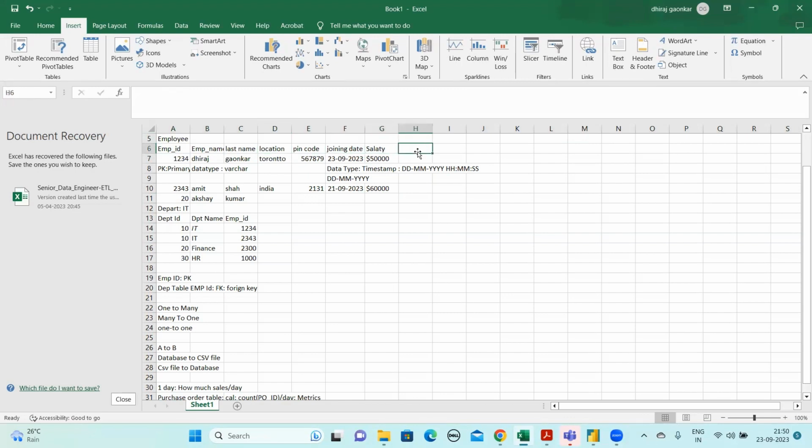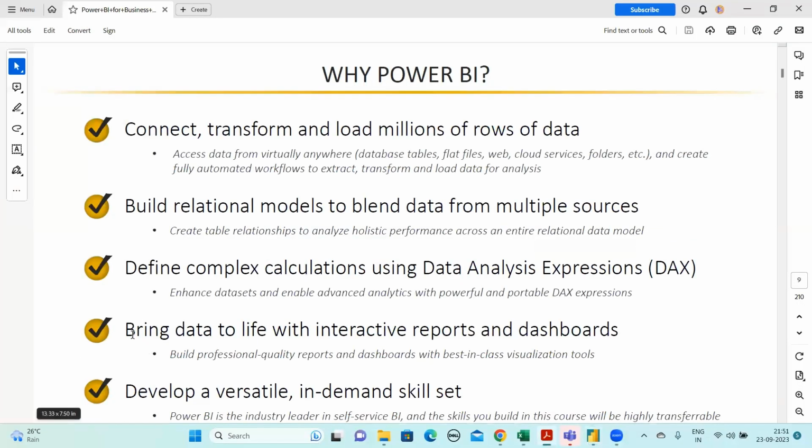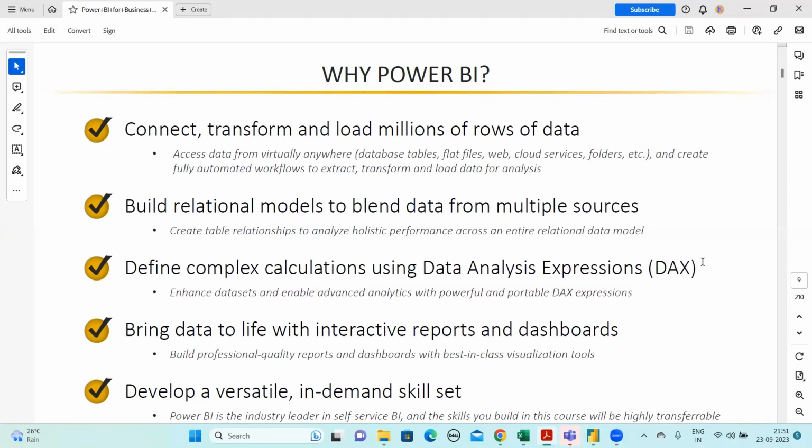I do not have the maximum. How do I find the maximum? For that, we can create one more calculation called max, where we can use the maximum of salary in the employee table, and I can understand that 60,000 is the maximum salary, for Amit. We can calculate this in Power BI after loading the table, and we can bring multiple calculations. I'm just explaining two of them, the counts and the maximum,